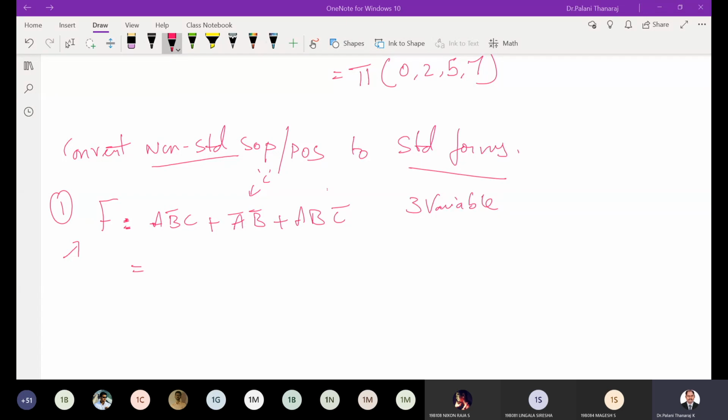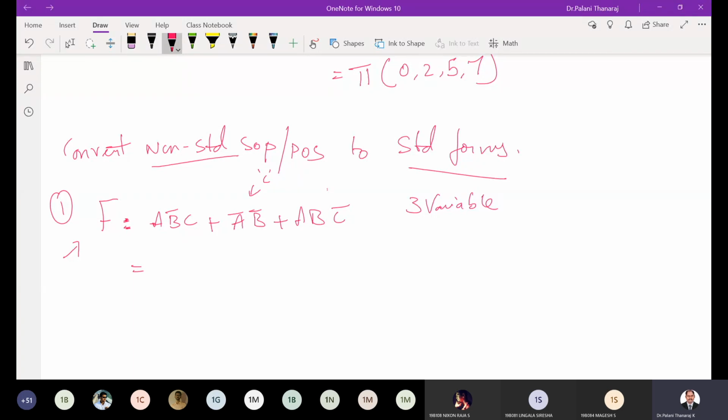Okay, excellent. Niveta and Nandini, they got it. So we have to bring in the missing term. If you bring in the missing term, you will get the standard form. Very good, Sirisha, Praveen, they also got it. So this is where our manipulation works. It's all about manipulation. DLC is about manipulation of variables. If you have some missing variable, I can bring it in based on the complement